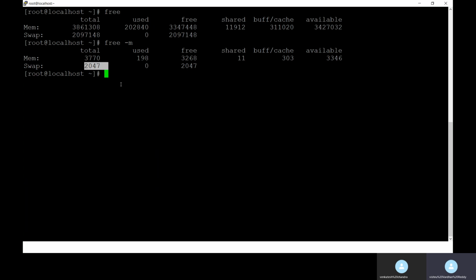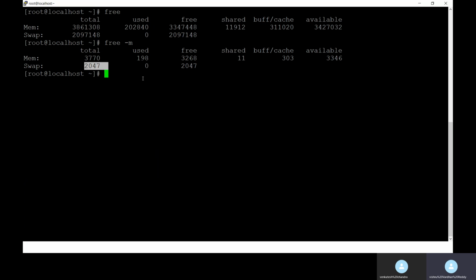The swap memory comes off the physical RAM by default. If you create swap memory, double the size, so if you have 4 GB, then we can create 8 GB of swap memory. But swap memory is not as fast as physical memory.